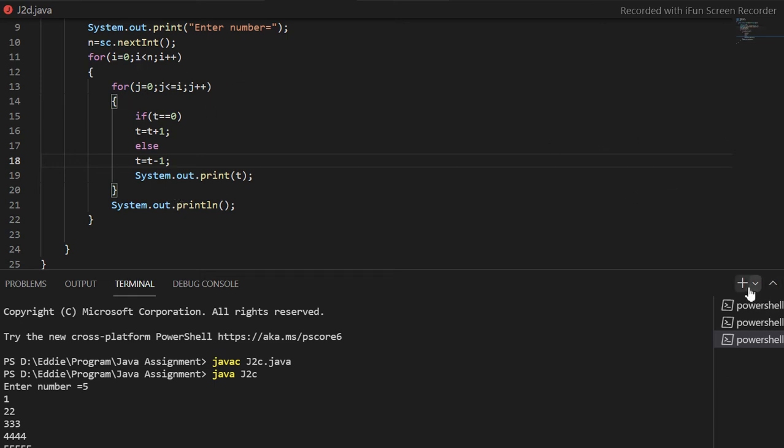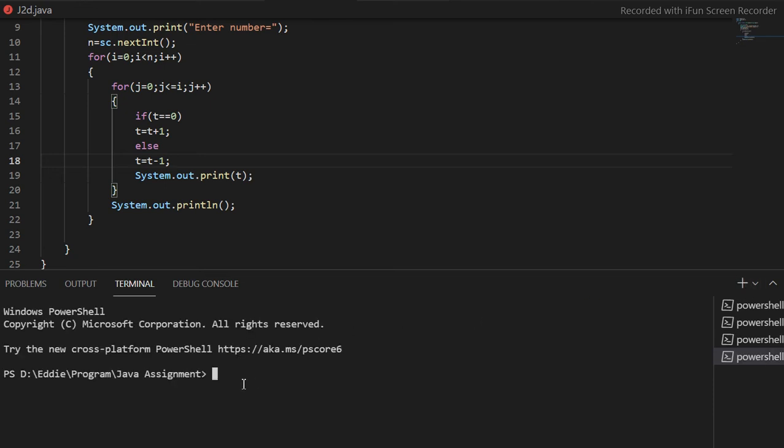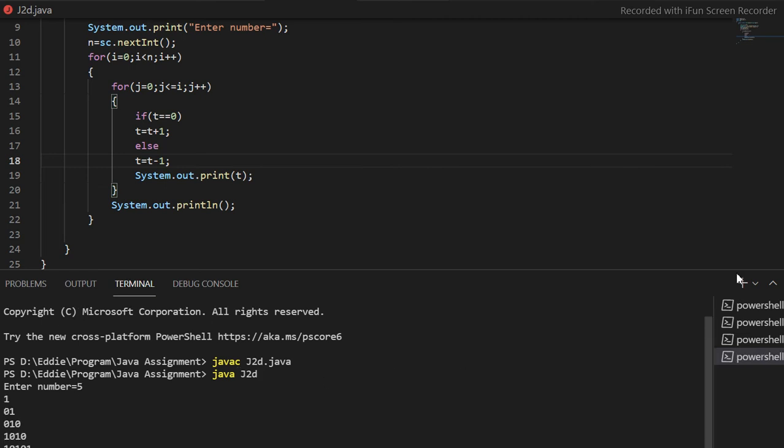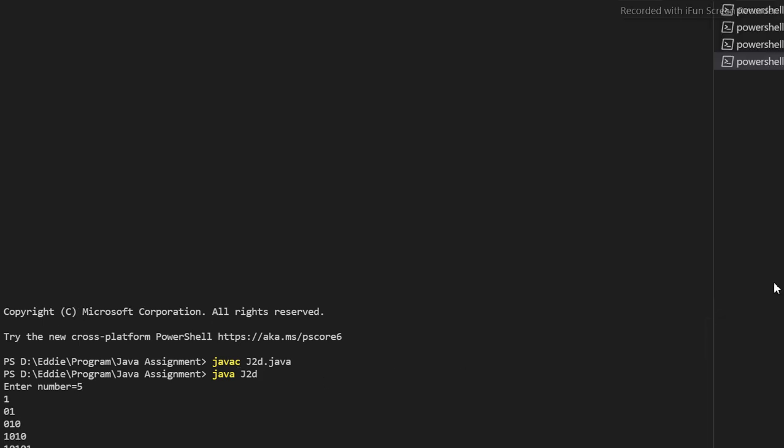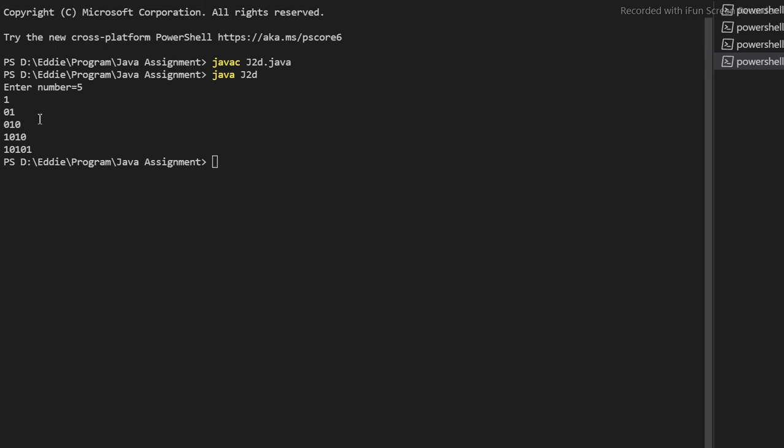So let me run this Java program. So see, this is my output. Alternately 0 and 1 are printed, right?